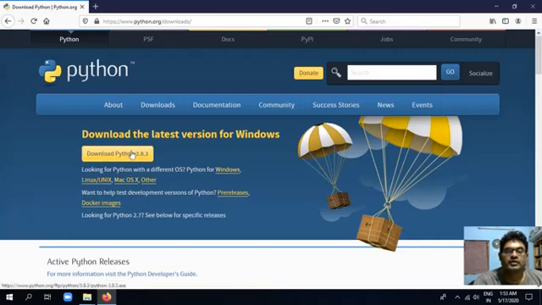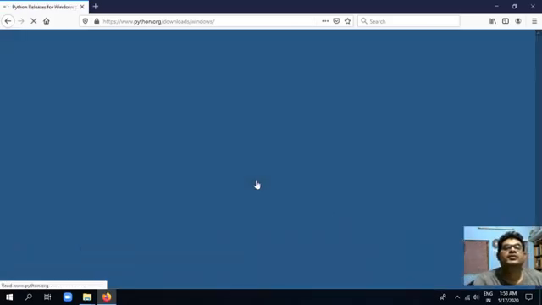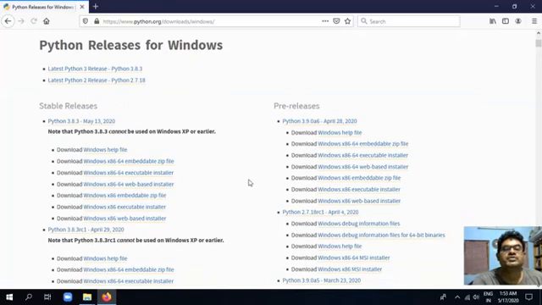Now download is available for Windows, Linux, Mac and other versions. So as our interest is in Windows, we go to Windows. Under Windows, we find that there are many stable releases.